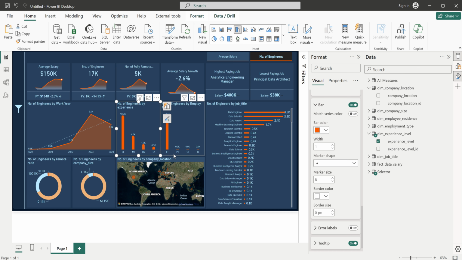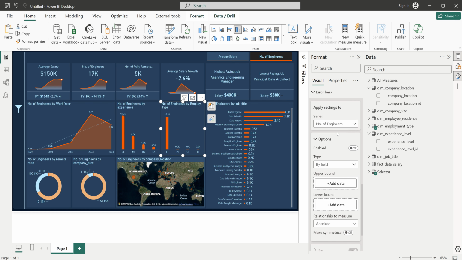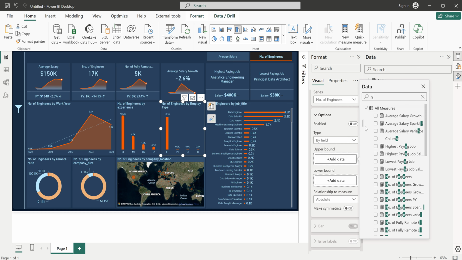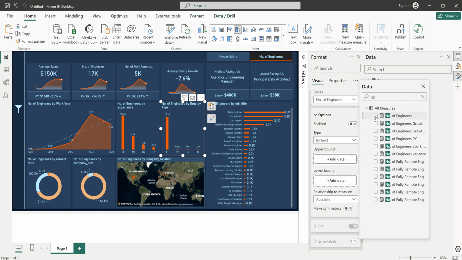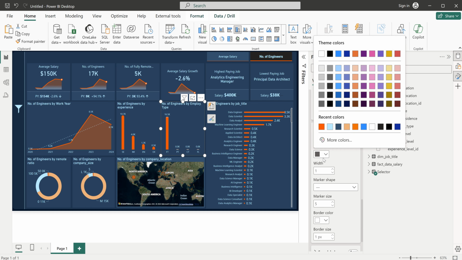Okay, I'm going to do the same thing to this one. So I'll select this first, number of engineers selected. I'll add here number of engineers, enable it. If you don't enable it, the bars will be disabled. So let's say if it's disabled, you cannot work on a bar. So you enable it, you go to bar, you change the color,